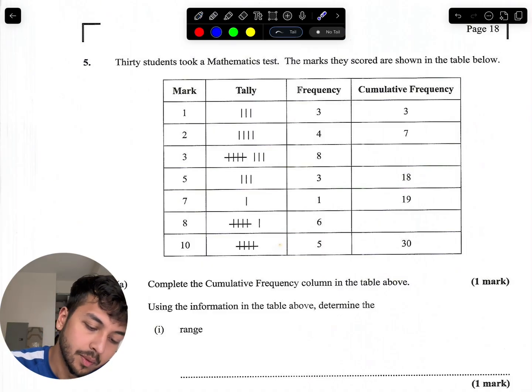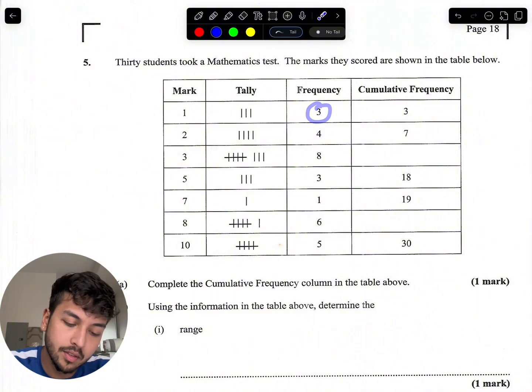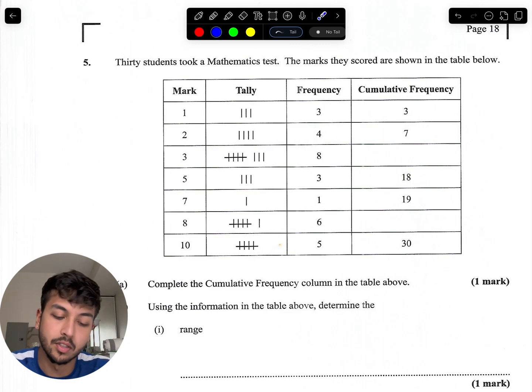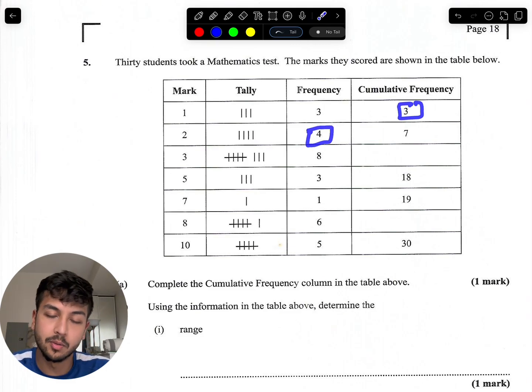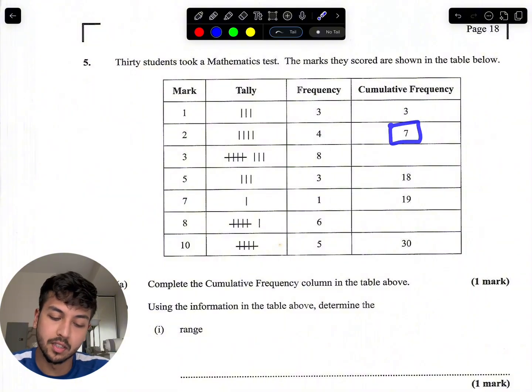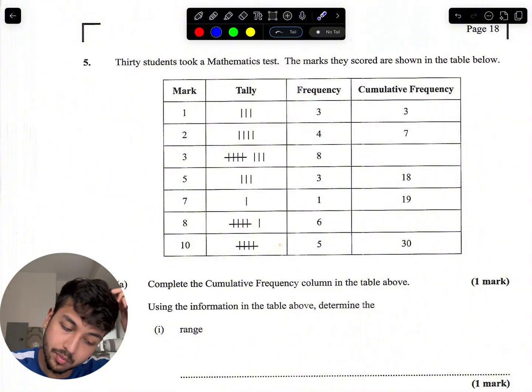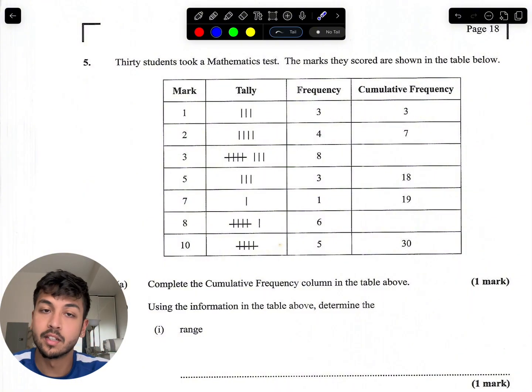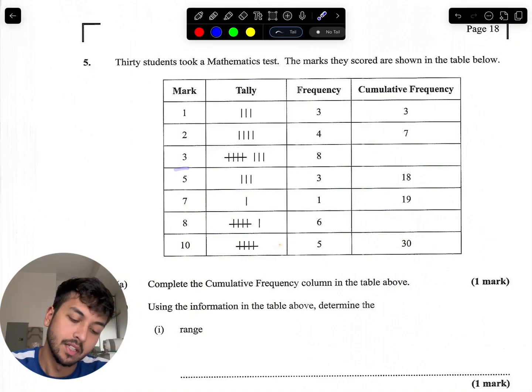So we had 3 people who got a score of 1, so the cumulative frequency is 3. Then we have 4 more people who got a score of 2, so the cumulative frequency is whatever it was before, plus the amount that we now added in, so that's 7 in total. So when we also include the number of people who got 3, that's 8 more students we're looking at, so that'll be 7 plus 8, that gives us 15,